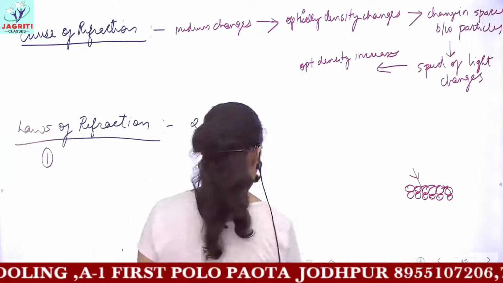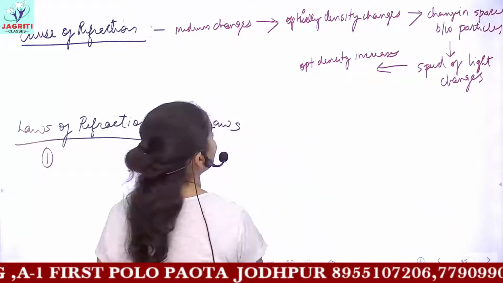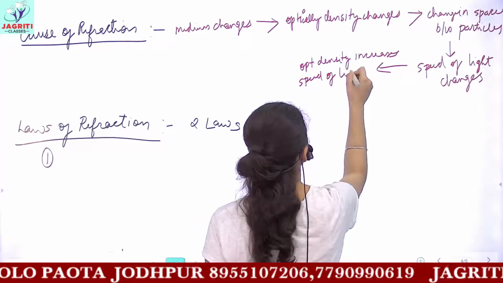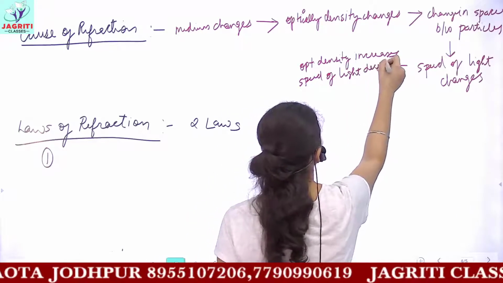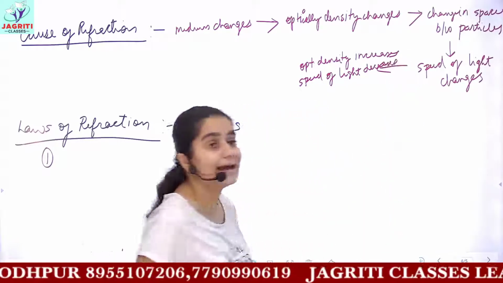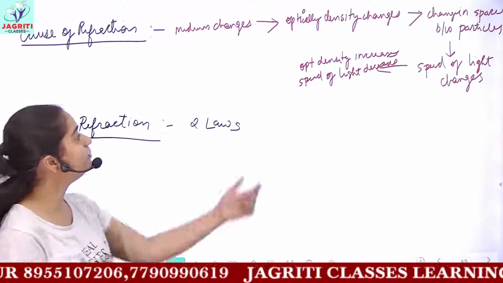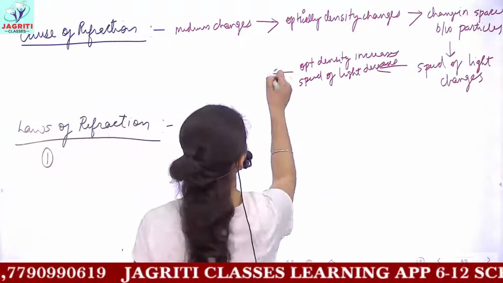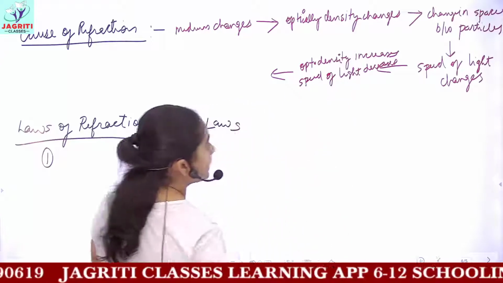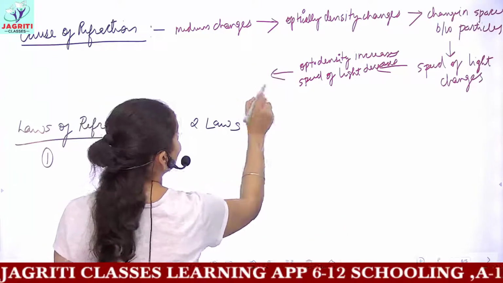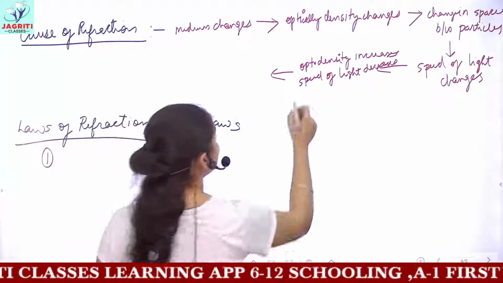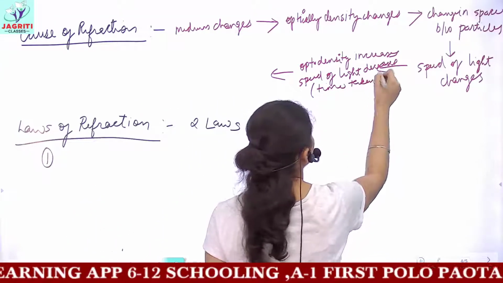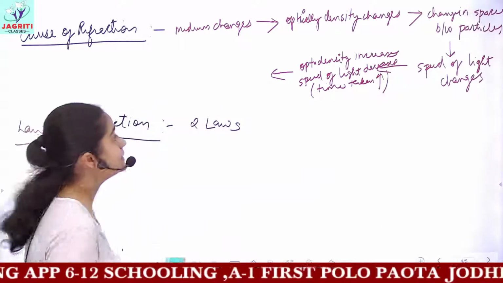So we can say that here when the optical density increases, then the speed of light in that particular medium decreases, okay? Because now the light ray takes more time to travel through the medium, so its speed would decrease. And once the speed of the light ray decreases, you can also write here that the time taken for the light ray to travel will increase, and in turn,